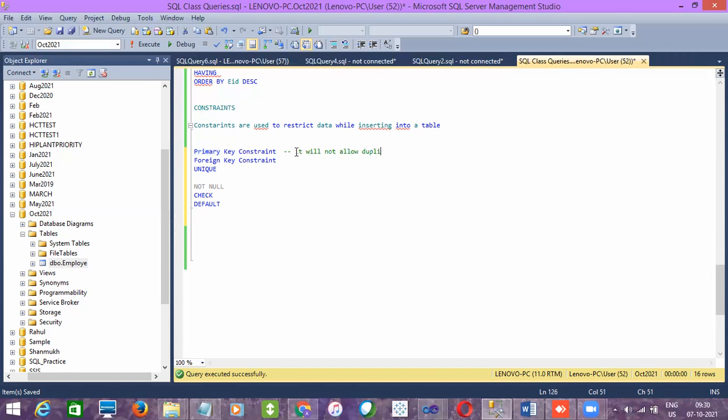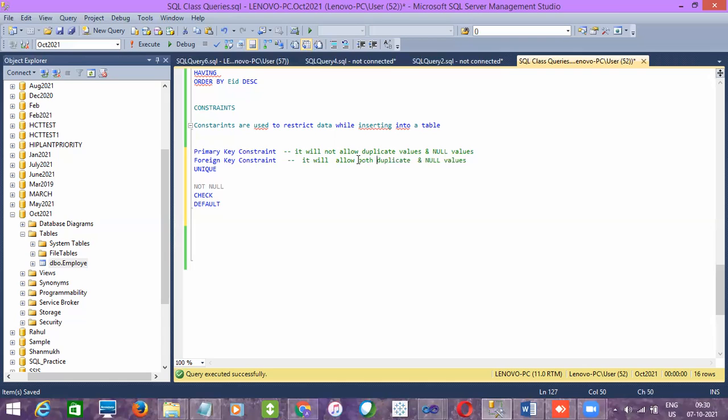And do you think the employee ID can be null? No, right? It should not be. It won't allow duplicate values and then null values. And when it comes to foreign key, it will allow both duplicate and null values, right?